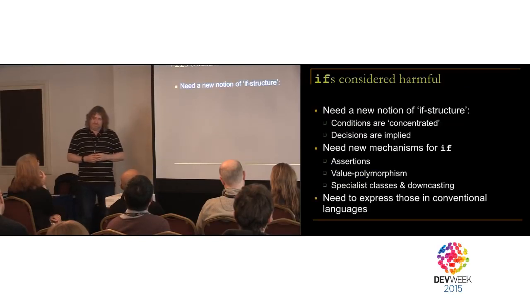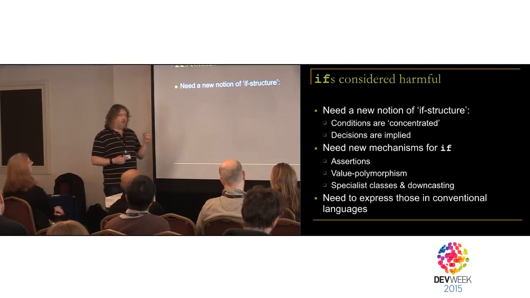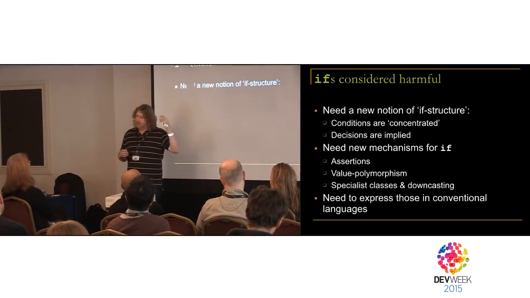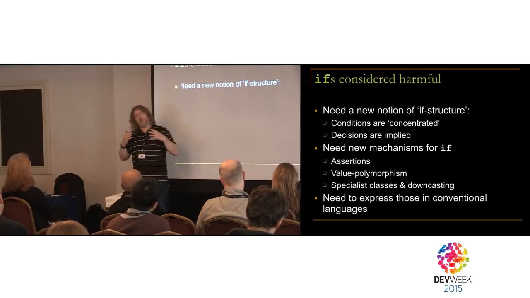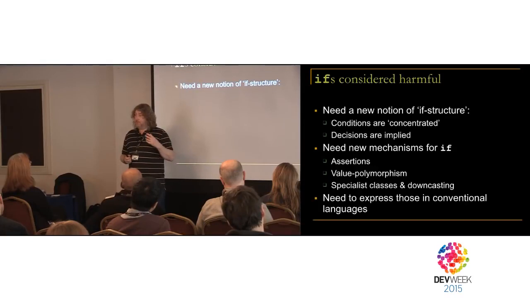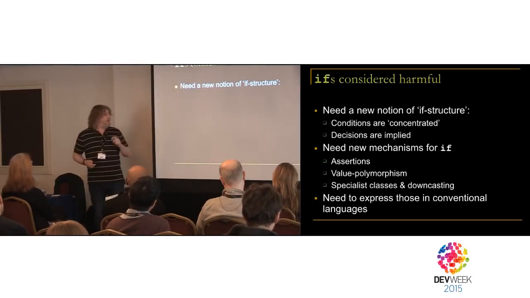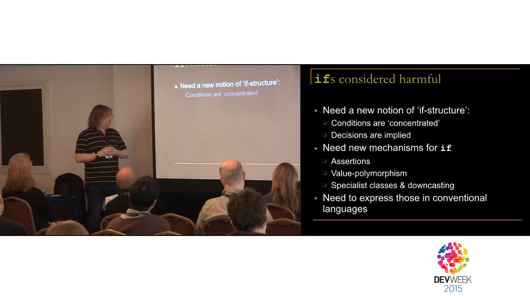We need to fix this. We need to fix this by more than just going back and patching over our bugs. We need even to do more than go back and find the original defect that causes our malfunction, rather than introducing a new defect. What we need to do is find a new concept of decision structure, in the same way that back in the 60s and 70s they were looking for a new concept of flow structure. This is what we're going to do with the rest of today.